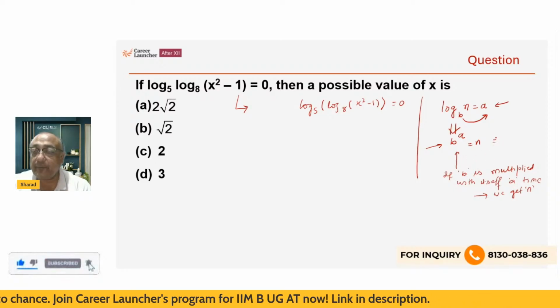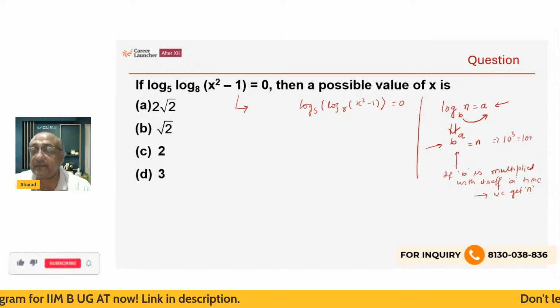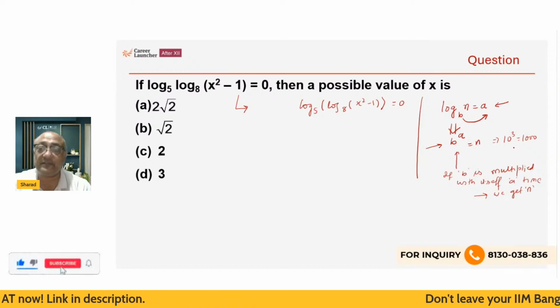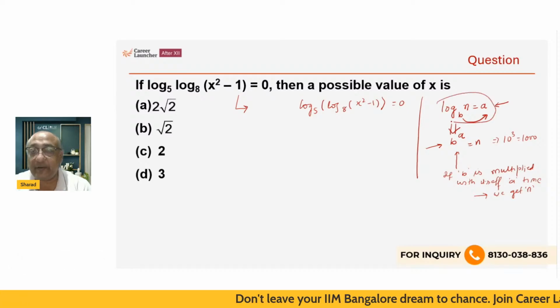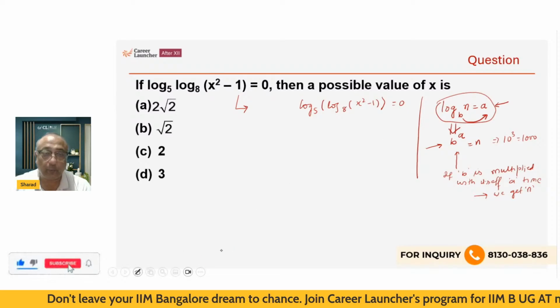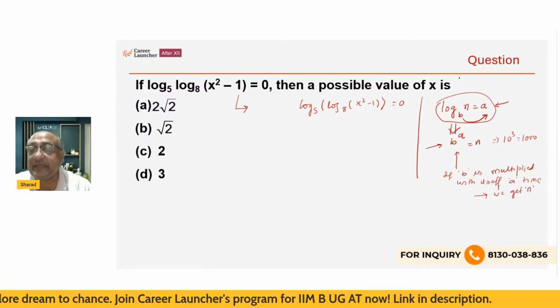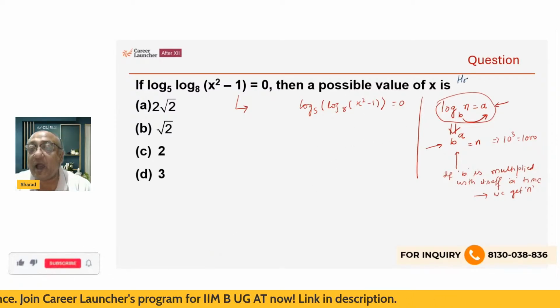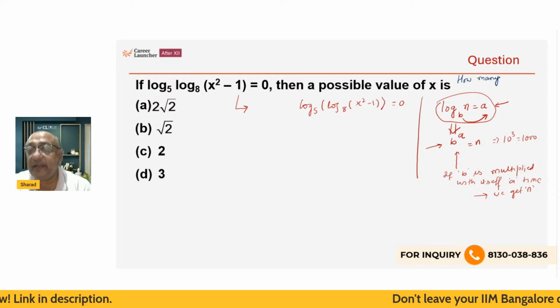An example could be 10 cube is equal to 1000. Means 10 is multiplied with itself three times to get 1000. And what is then this statement? Let me write this in, let's say, dark blue. What does this then tell? It basically asks this question: how many times